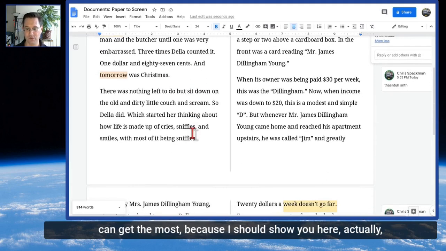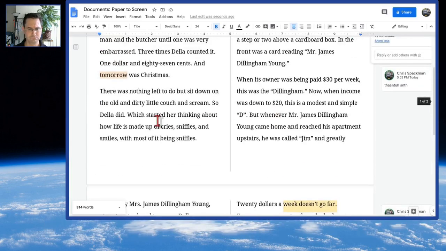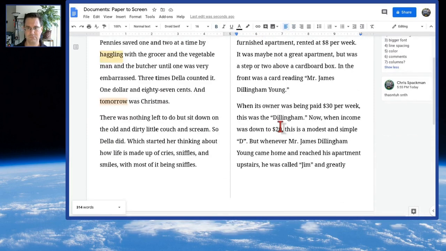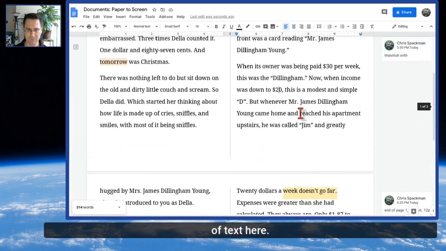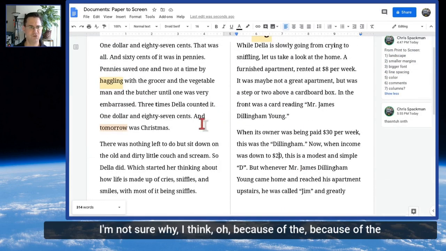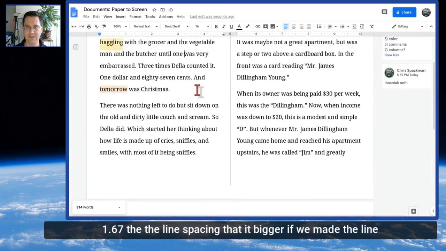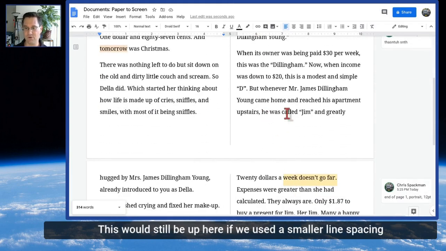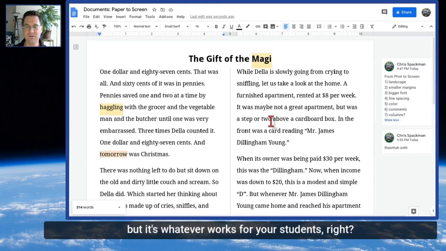Because I should show you here, actually this one, that's weird, something's, okay, this one, we've lost a little bit of text here. I'm not sure why. I think because of the 1.67, the line spacing's a bit bigger. If we made the line spacing a little smaller, we can get the same amount of text. This would still be up here if we used a smaller line spacing, but it's whatever works for your students,